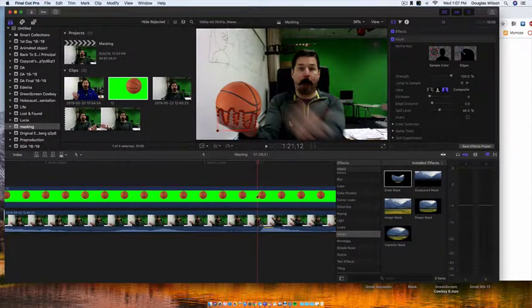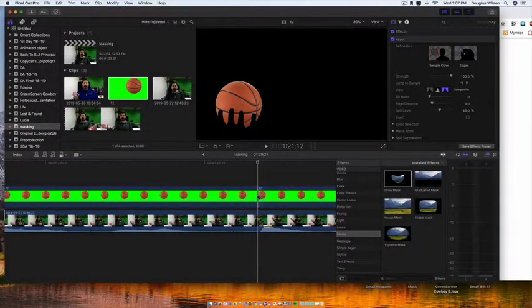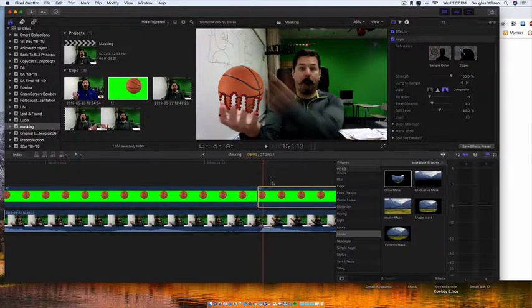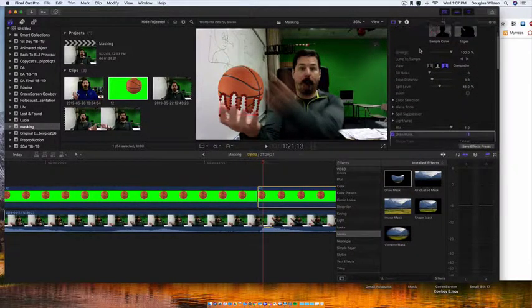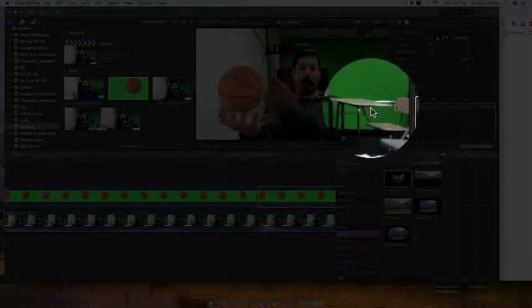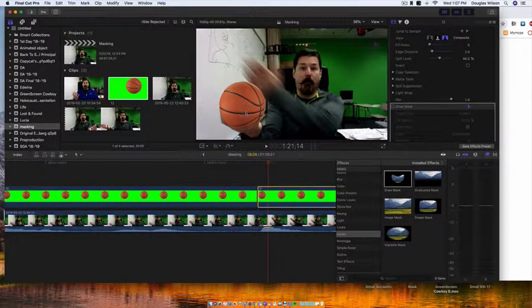Right here I'm going to blade it right before my hand makes contact with the ball. So I'm going to hit the B key, blade it right there, and now go back to A select, and now one frame forward, and here I'm going to go over to my inspector window and get rid of that mask. I can simply just uncheck it, and there we see. So now as soon as I knock it out of my hand, that's going to be kind of weird, and if I wanted to I could mask that again, but